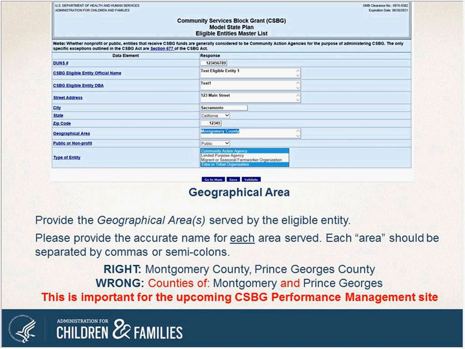The geographical area served by the eligible entity. So this is something that's being updated, where we're telling you specifically how to enter the data here. And this is going to be important for the upcoming CSBG performance management site when we transfer the information over. So when you're completing it, you want to give the accurate name for each area served. So if it's a county, you want to list it as Montgomery County, Prince County,